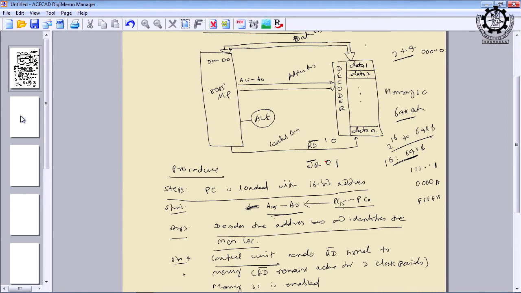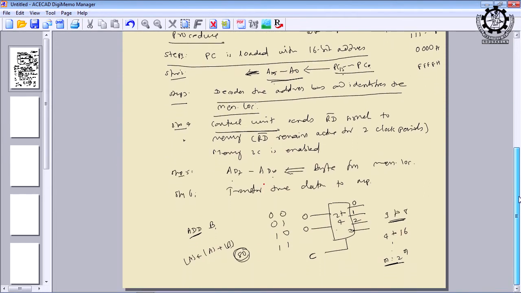Is it okay? So, step 4 is different. Instead of the read bar signal, you have to send the write bar signal, right? And this is also an active low signal. Whenever it is 0, its operation is active. Then step 5, whether it is the same or has to be different, it will be just reverse, because this